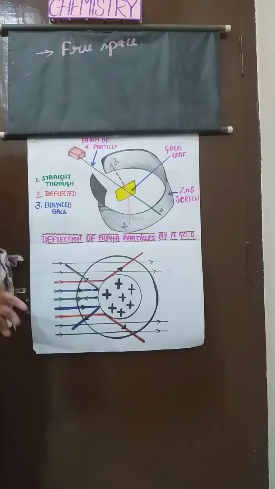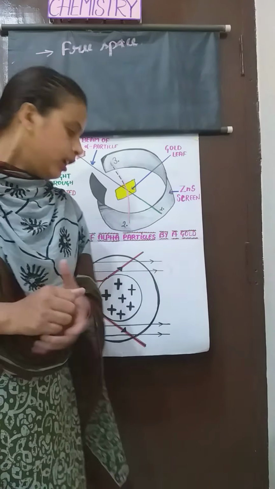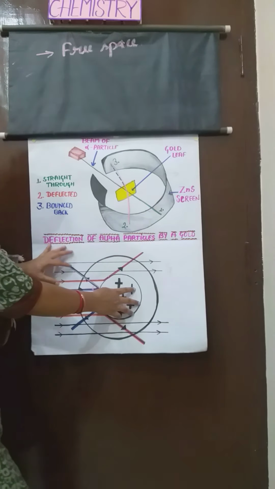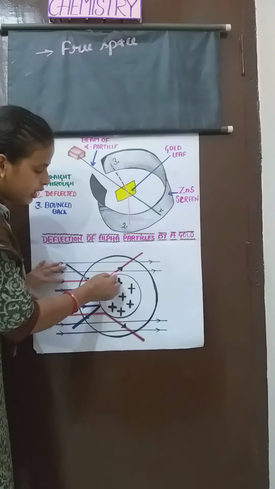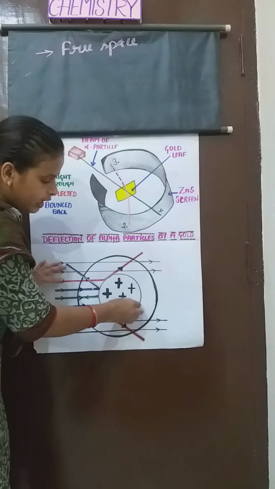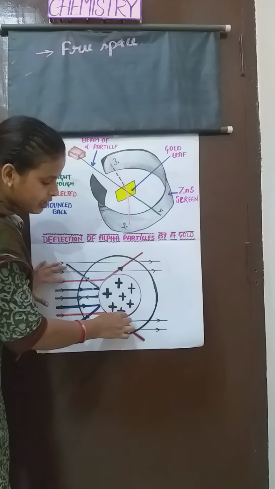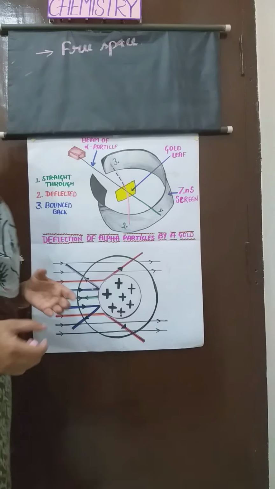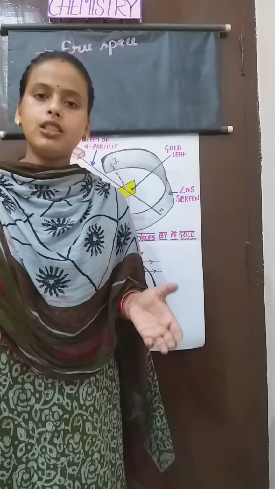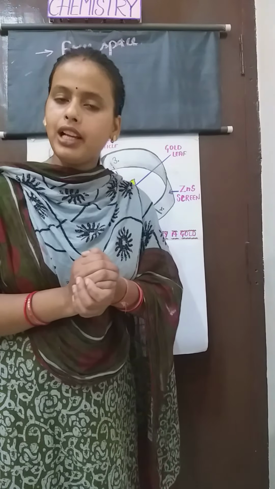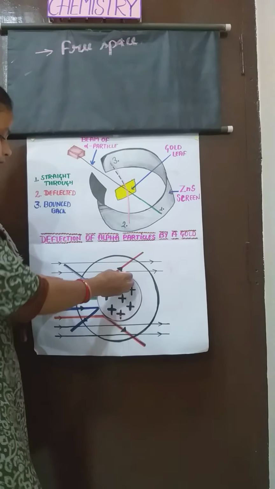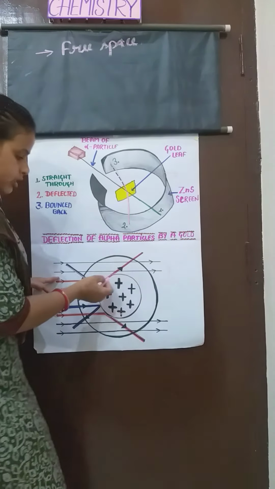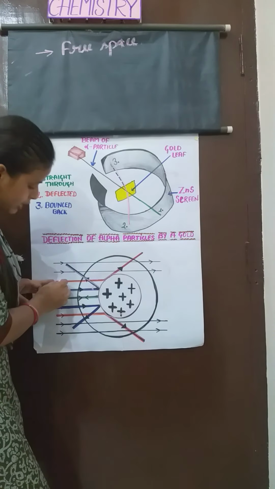From this observation, he concluded that there is some positive charge present at the center of the atom. As we all know, opposite charges attract each other and similar charges repel each other. Here the alpha particle is a positively charged particle. That's why it